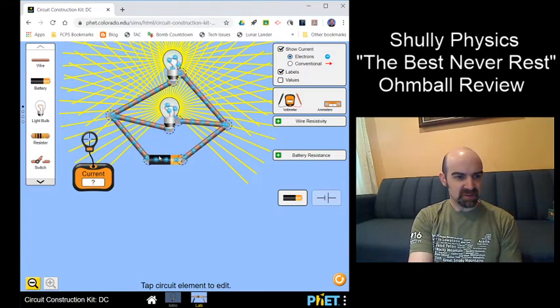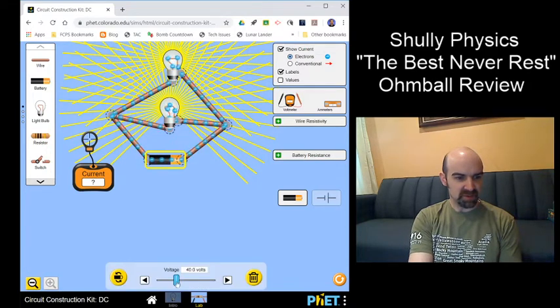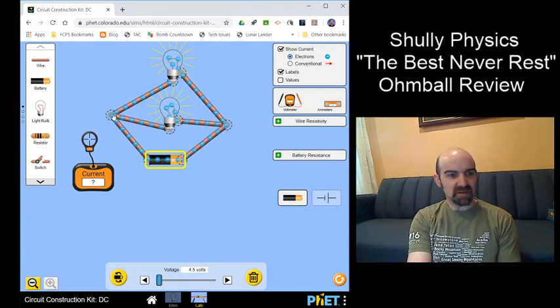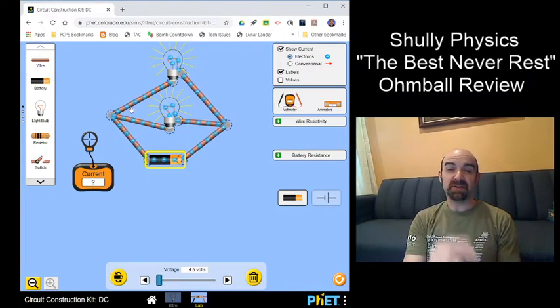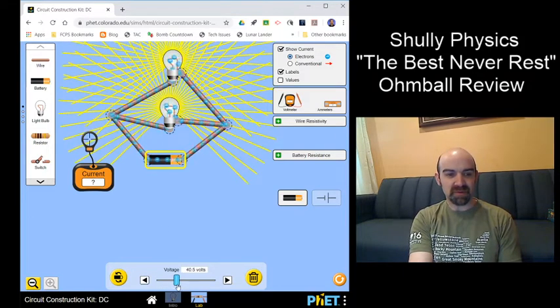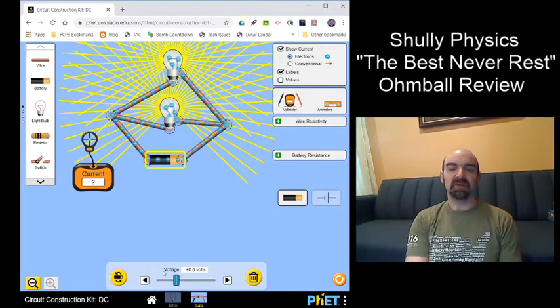If we slow down the motion here a little bit, I'm going to slow down the voltage, slow down the electrons. Look at how these electrons go one way and then another. A single electron can't go both ways. They either go in one path or the other. But if we move that back up to 40 volts, just like when those light bulbs were in series together,